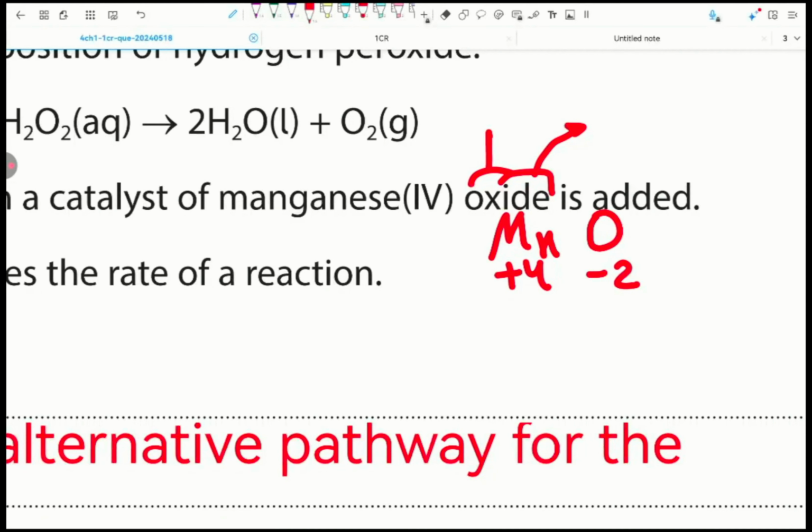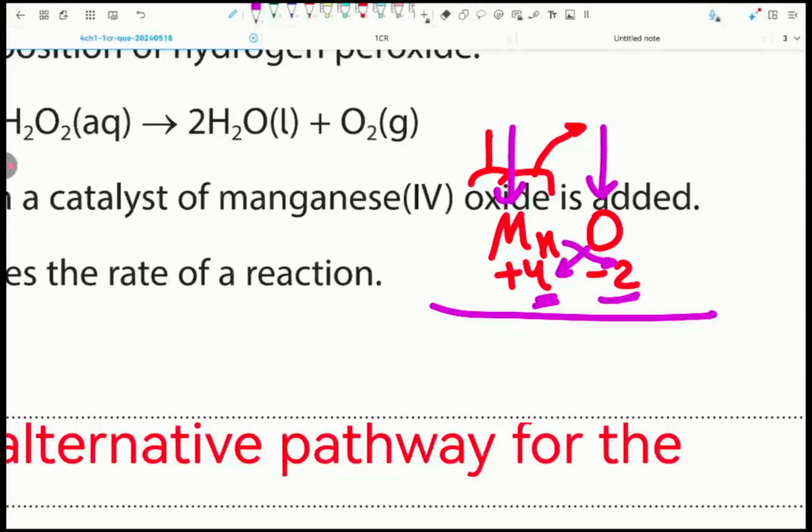A lot of students would make this mistake. They say, teacher, you taught me that if the numbers are always positive ion left, negative ion right. This is correct. Now, in the second step, we look at the numbers. This is 4 and this is 2. So that I should what? I should cross these numbers. So the chemical material should be Mn2O4. Well, this is half correct, because generally, my friends, we need